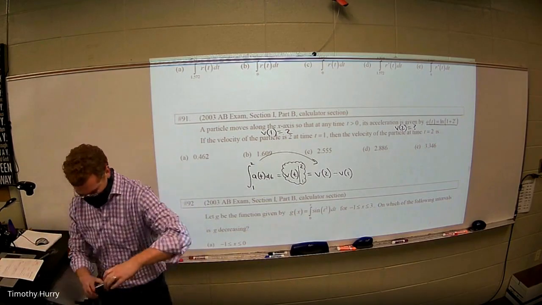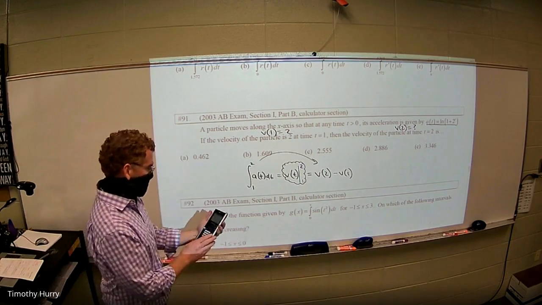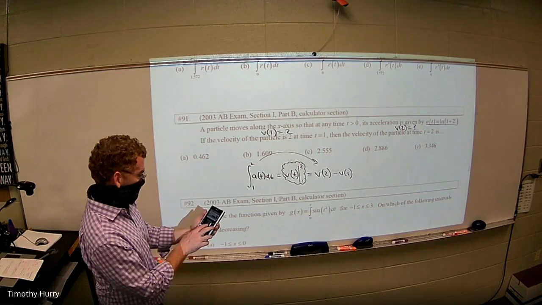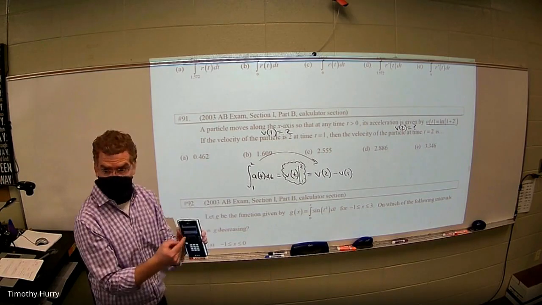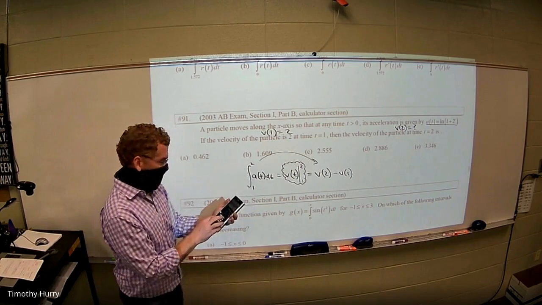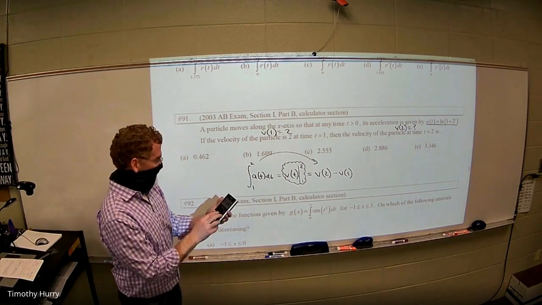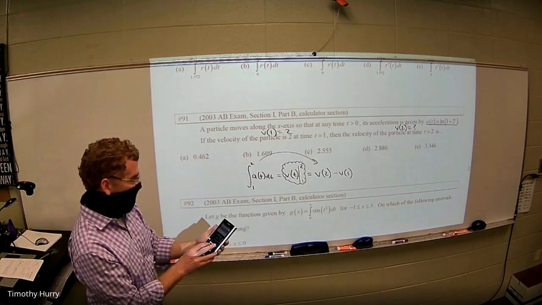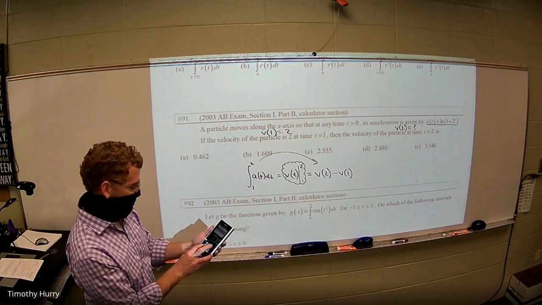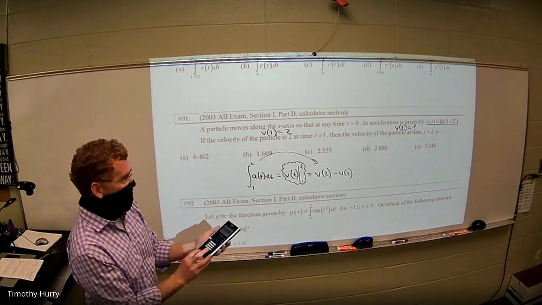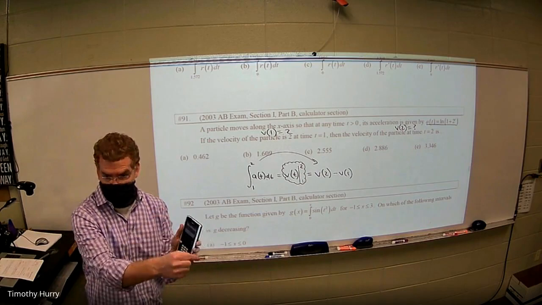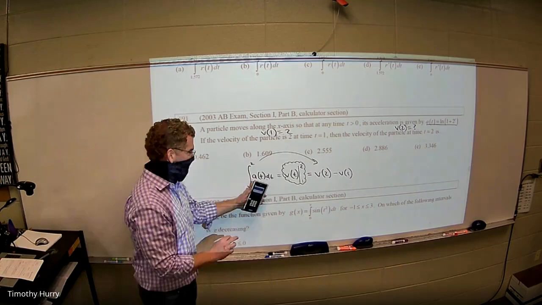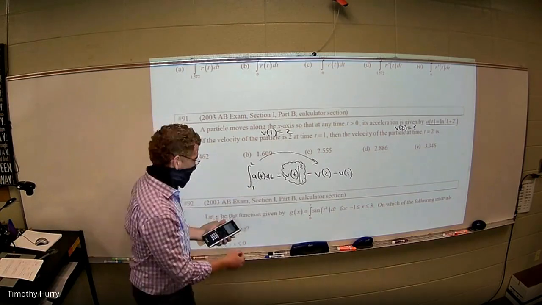If I find my value using my calculator, I would say the integral, and I'm going to go straight to my integral function. There's a couple ways to get there. Hopefully you're good on that, right? I'm going to type in 1 and 2, and I'm going to type in my acceleration function. So the natural log of 1 plus 2 to the, and you can use t or x, but whatever you use, make sure you use the same variable twice. So I'm literally calculating that integral, and I get 1.346,